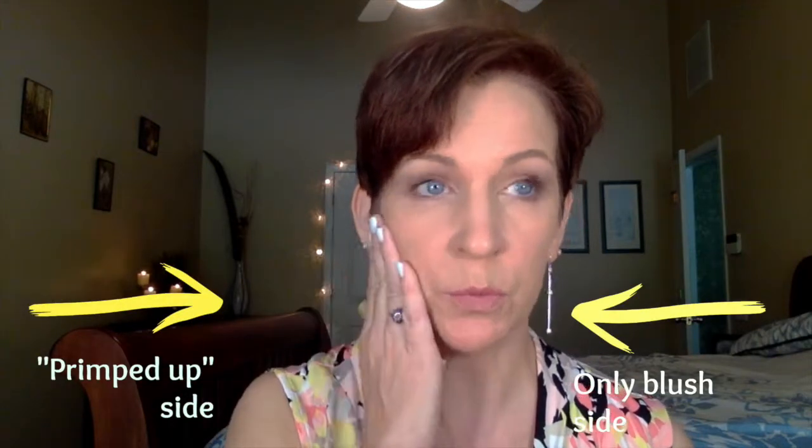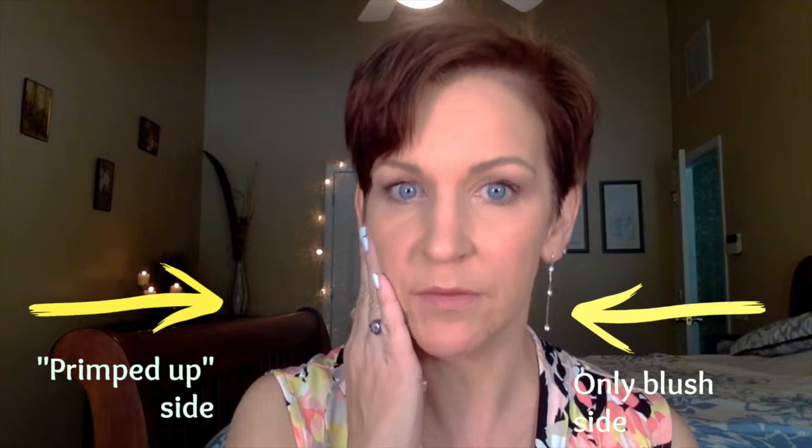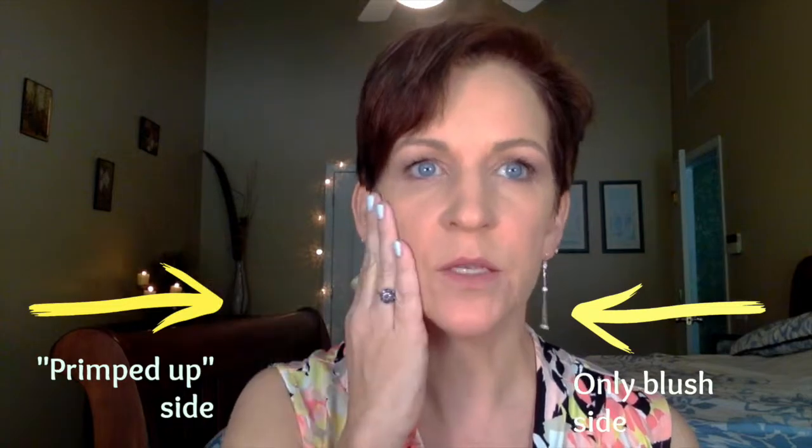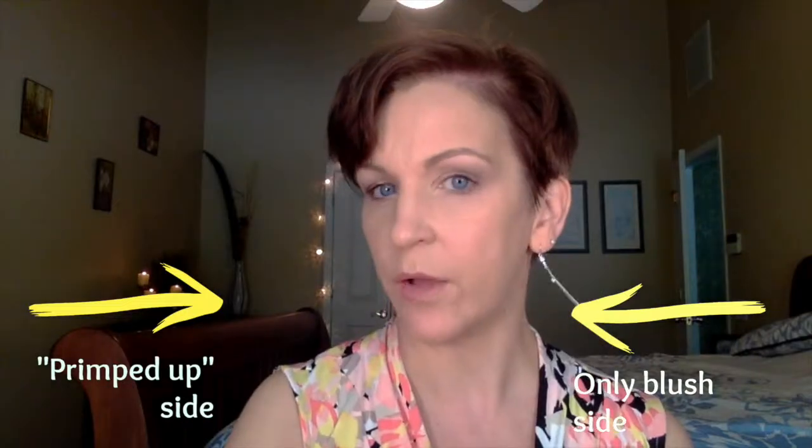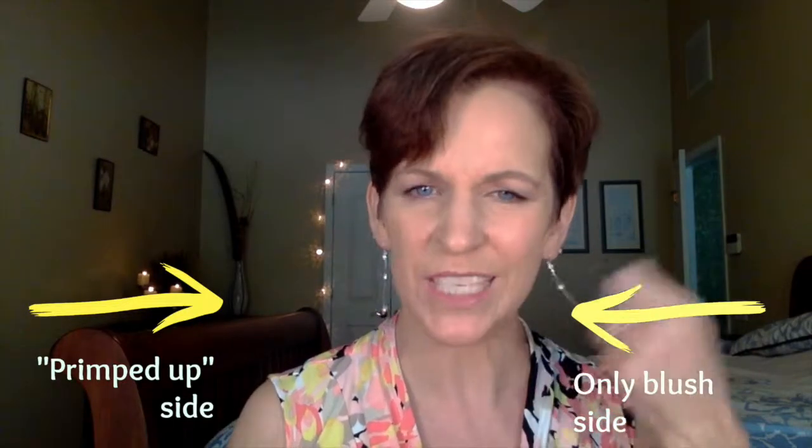Okay, so I am ready to start this process. I'm going to use what would be, to me, my right side, your left side of viewing space, as my experiment area. And then my other side will be left totally free, except I will apply just a little blush